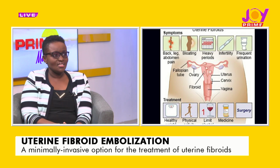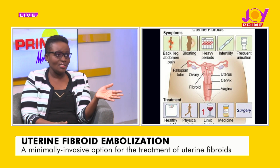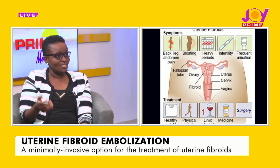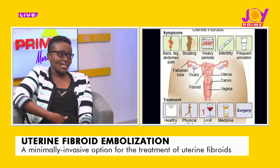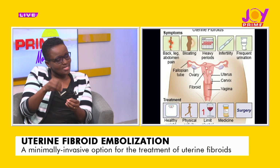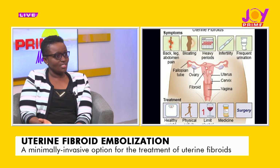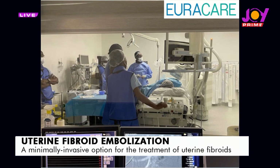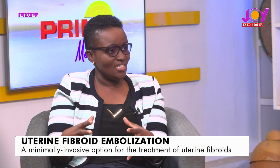So just to touch on the surgical options, we have myomectomy, which is when the surgeon goes in and takes out the fibroids one after the other. So it's an open surgery. They cut you open, they expose the uterus, and they take out the fibroids one after the other. Then we have hysterectomy as another option. This is when the surgeon goes in and takes out the uterus. Because if you don't have the uterus there, you and I know there'll be no fibroid. So they take out the whole uterus. Even with modern medicine, we now have minimally invasive ways of doing these things. But as we move from that, let's come to the minimally invasive procedure,